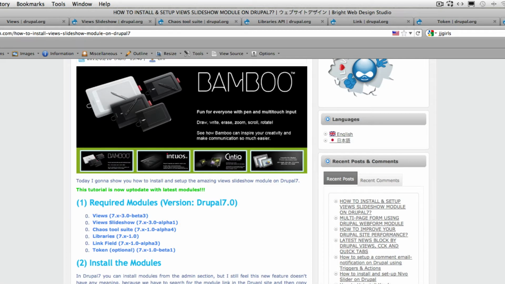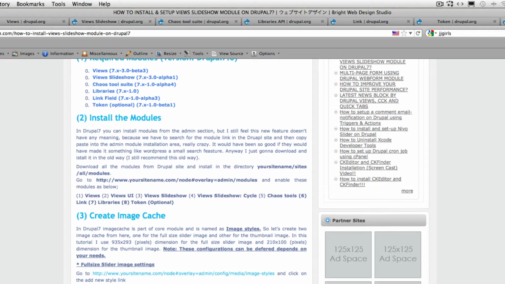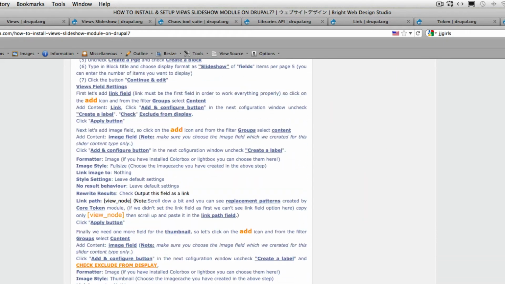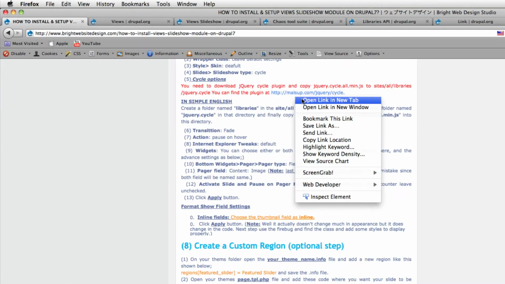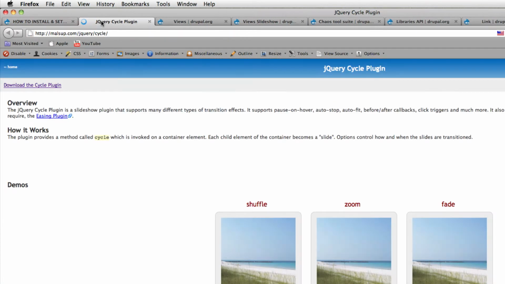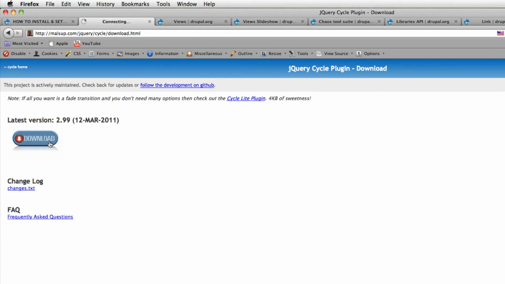Plus, View Slideshow requires a jQuery plugin which we have to download from here. We have to install this jQuery plugin into the site's own libraries, create a jQuery.cycle folder or just put that folder inside there, and that's it. So let's download that file too. Open it in a new tab and download the jQuery cycle plugin. Download the latest version, click save,